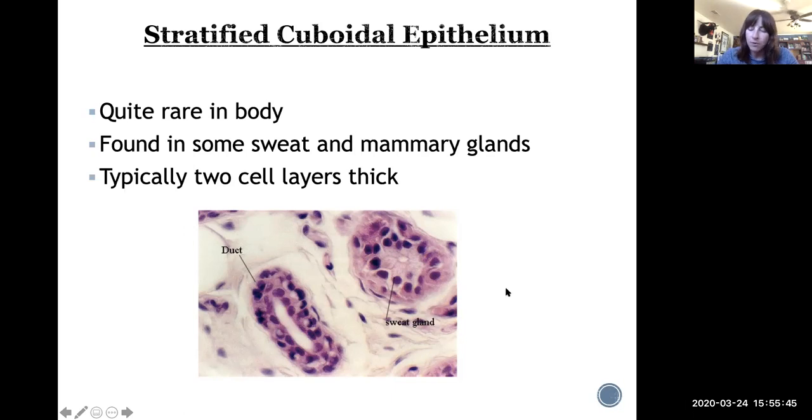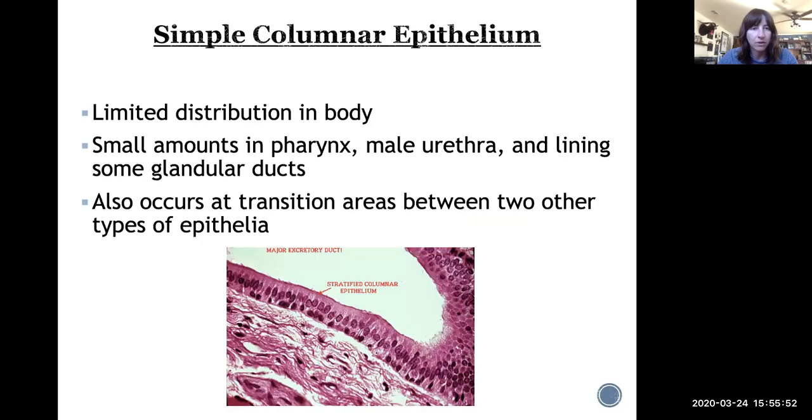Is that okay with you guys? Stratified cuboidal, call it the mammary gland one and be done with it? Okay. All right, so